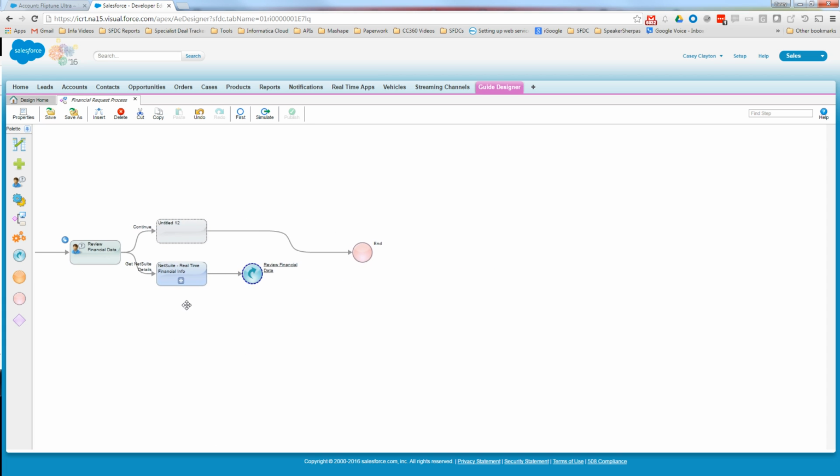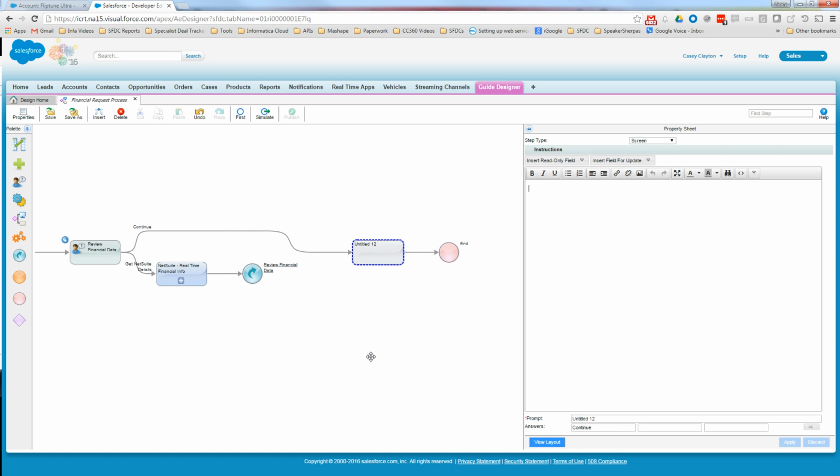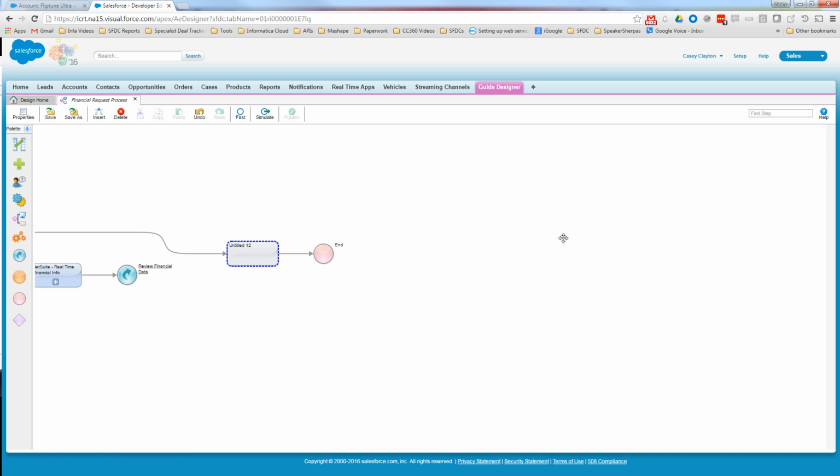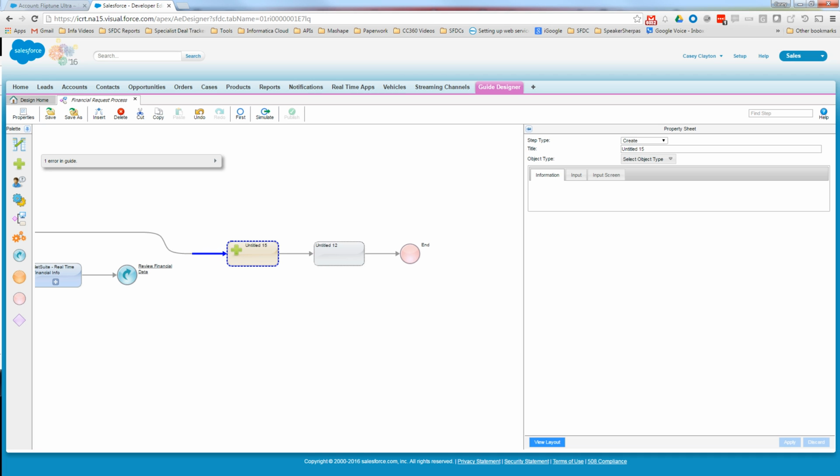So once we've reviewed the financial data, really the most important thing a customer service rep can do is create and close a case. So let's show you how simple it is to do that within the Informatica Cloud Real-Time Designer with our Salesforce integration. We can say, all right, here in this place I want to drag a create step. So I drop one of these plus signs for a create step, and it's going to be select an object